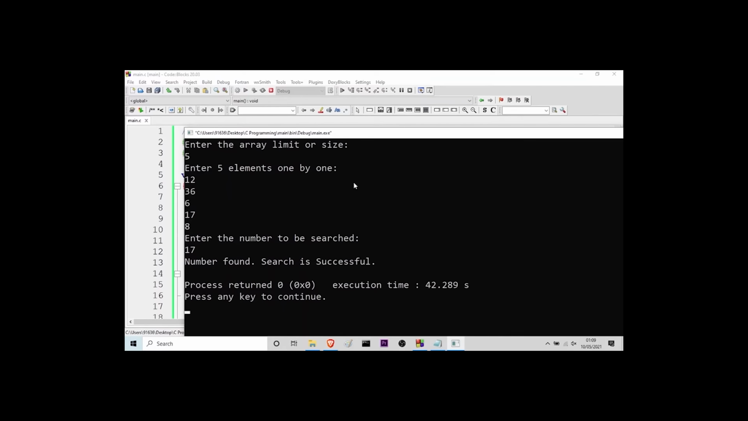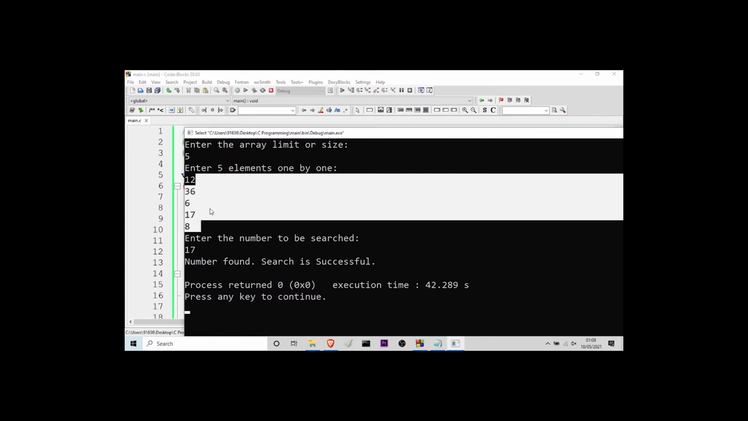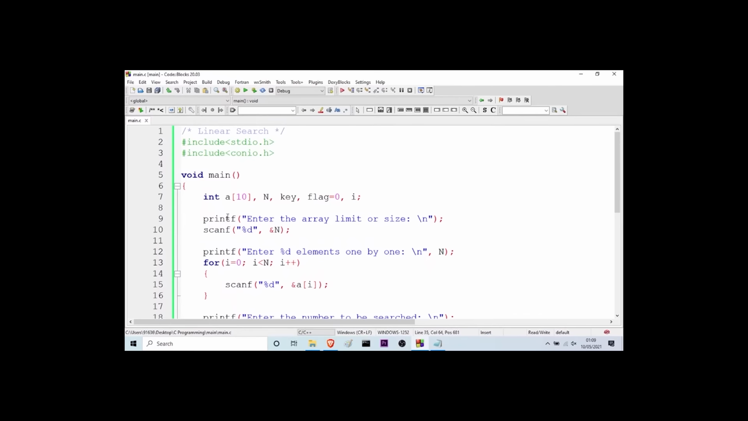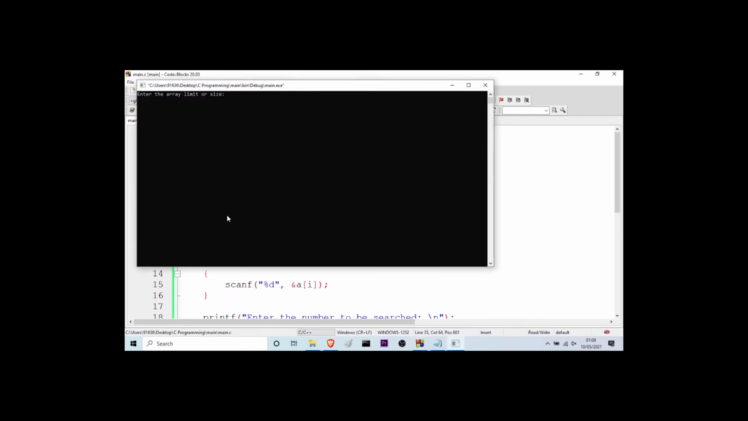and now you can see it says number found, search is successful. So that means we have been able to find this number 17 which is present in this array. Now let me show you another example where I will search for a number which is not present in the array. So I'll press any key and then I will run it again by pressing the shortcut F9,